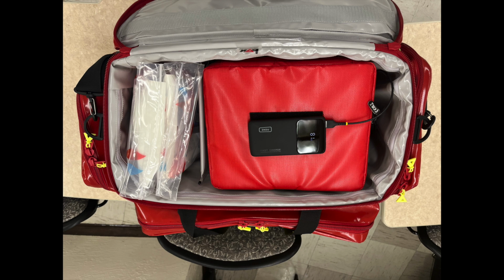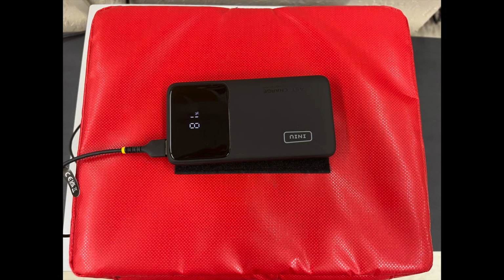Okay, so this is what the inside of the box looks like. You can see the blood tubing on the left, the cooler's on the right. Go ahead and take the cooler out of the PAX bag and look at the top at this battery indicator. This external battery has got about a 6-day shelf life, and we want to make sure that that says 30%